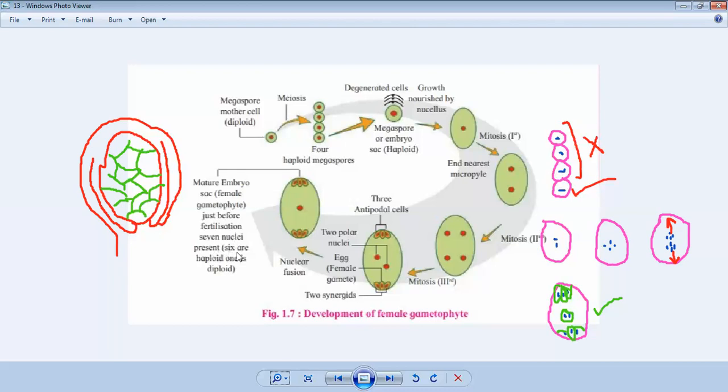7 cells are present, 6 are haploid and 1 is diploid. So the combined structure is called an embryo sac, and it is a 7-celled 8-nucleate structure. Okay, then the development of the female gametophyte is monosporic, meaning the female gametophyte develops from a single megaspore. You can see here that the female gametophyte can be developed from a single megaspore, that is monosporic. It is carried out inside the megaspore, means the development of